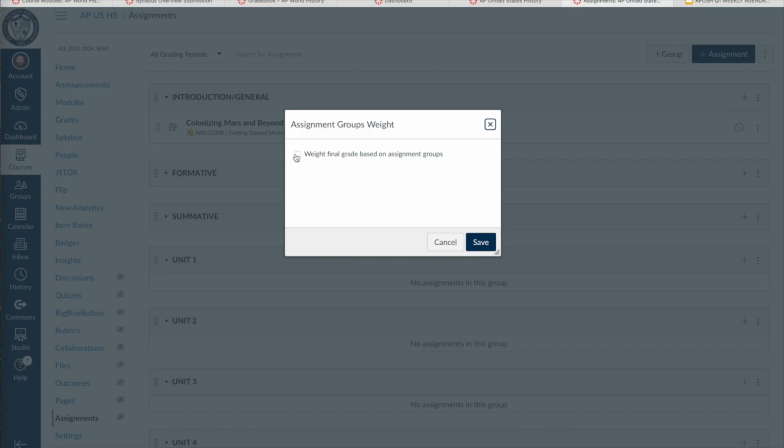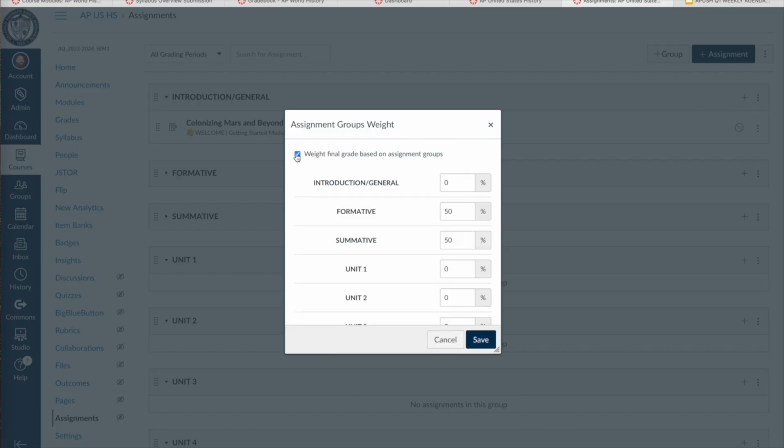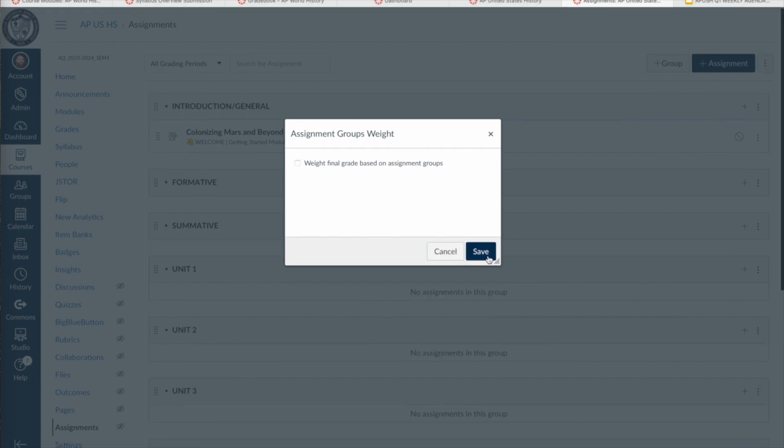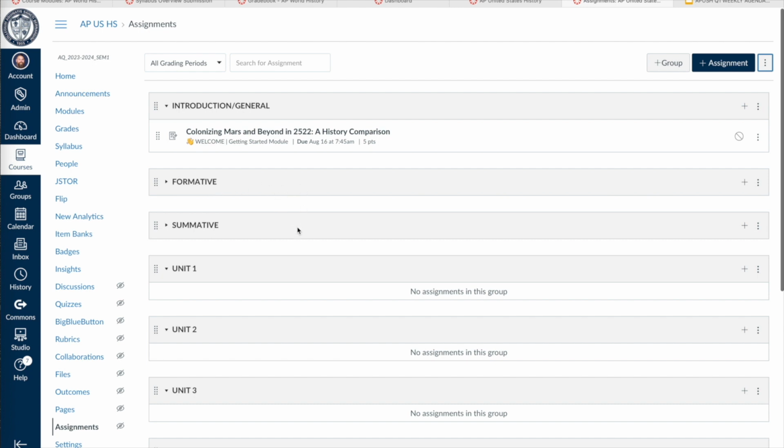So if this little button was toggled on, it would have had the 50-50. You can see it's still there, right? But to undo that, you just need to unclick that because we're not weighing categories anymore. And save, okay? Now, when that happens, then you no longer need to worry so much about having only 2